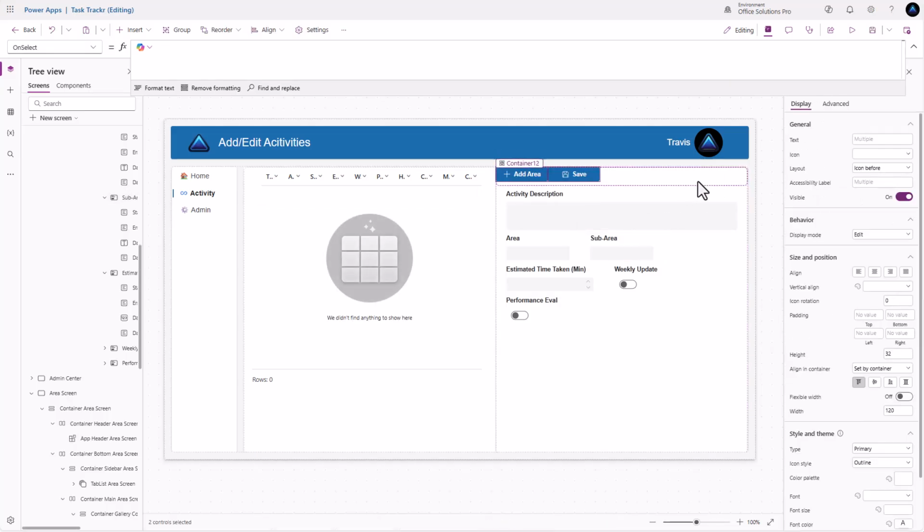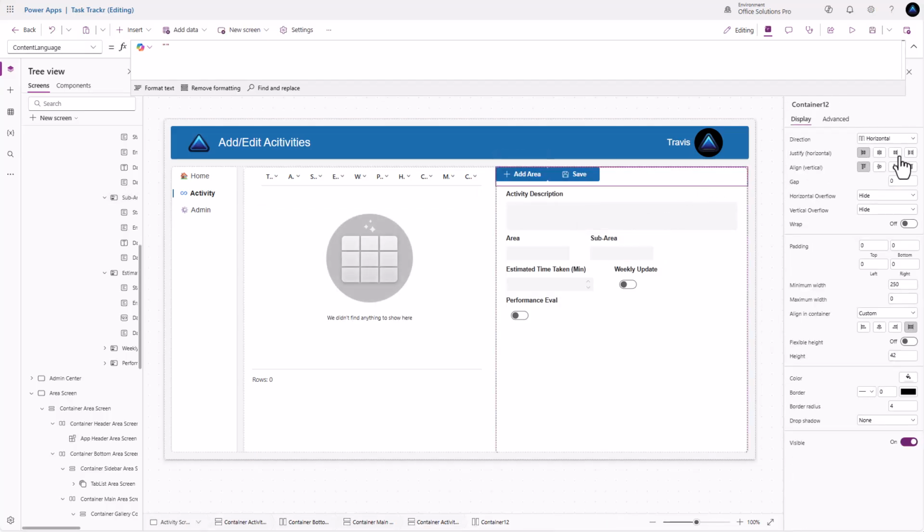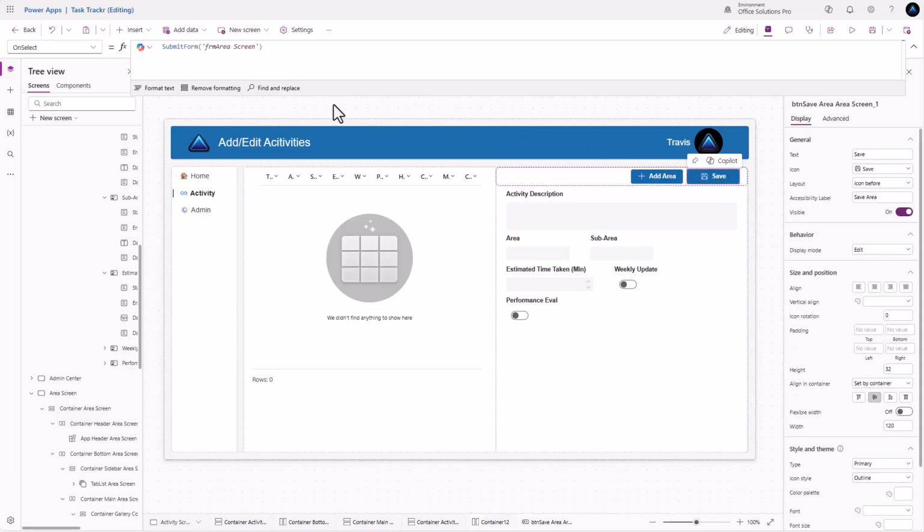Paste those in, and we'll go ahead and put this over on the right and in the center, and we'll put a gap of 10. And for our right, we'll do 20, give a little bit of space there. And then for our